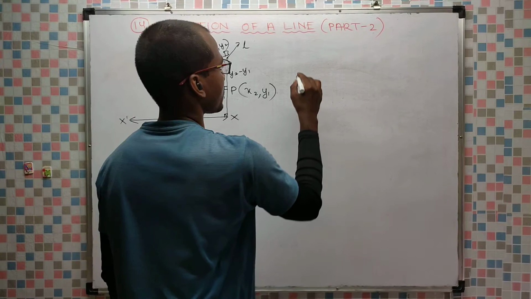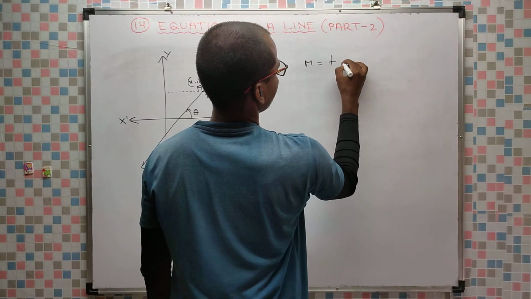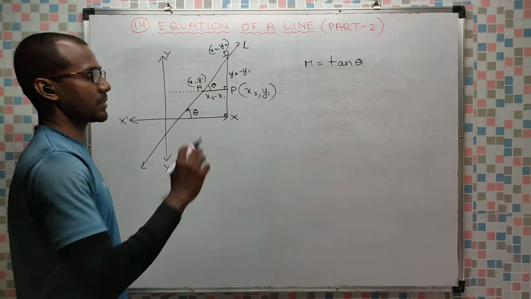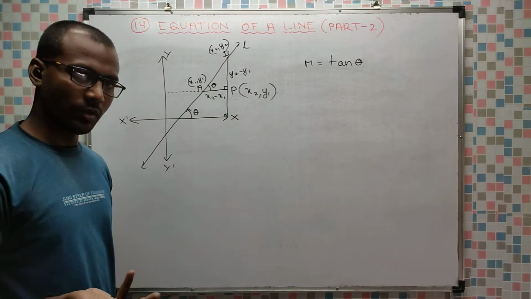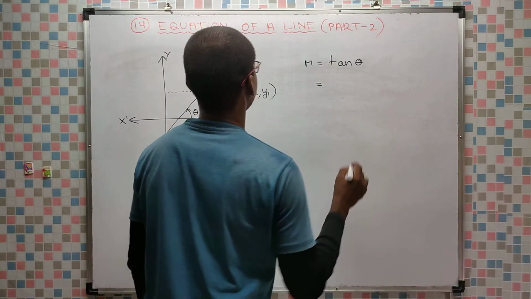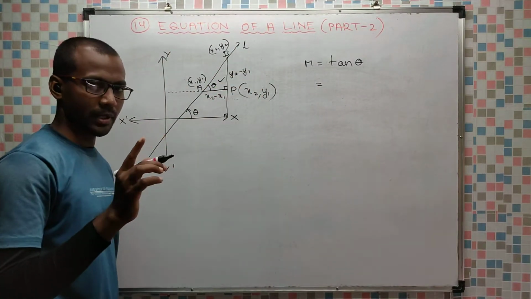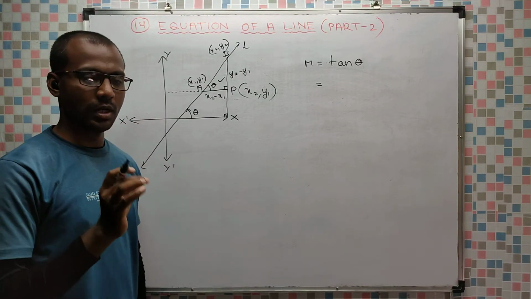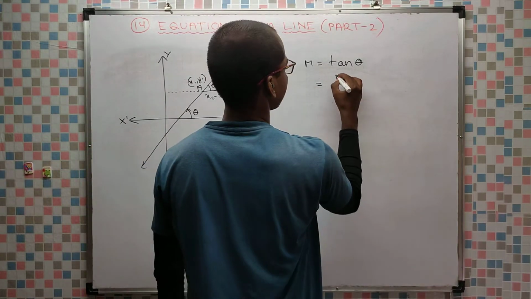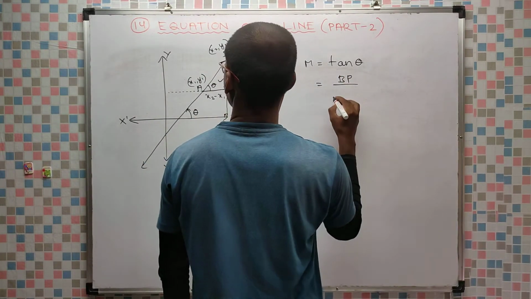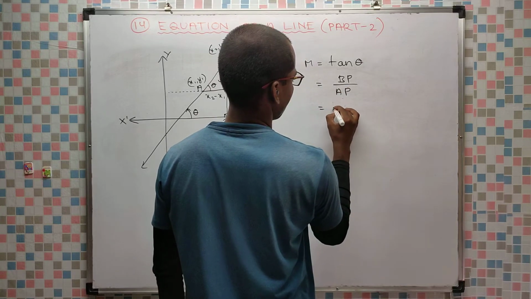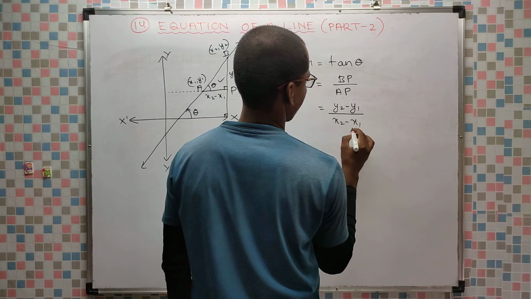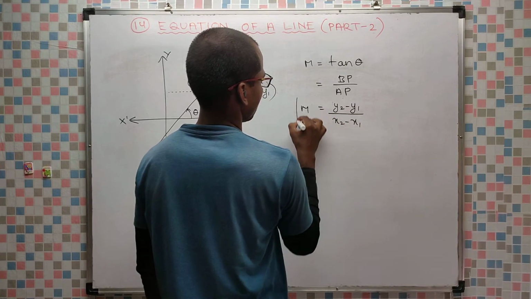Now slope is equal to, the base concept is tan theta. Without tan theta we cannot do anything. m is equal to tan theta for this line, but theta we don't know, so we are moving ahead. What is tan theta in this triangle? Perpendicular by base. Go back to class 9. Tan means perpendicular by base. So perpendicular by base means BP by AP. So y2 minus y1 by x2 minus x1. This is the formula.